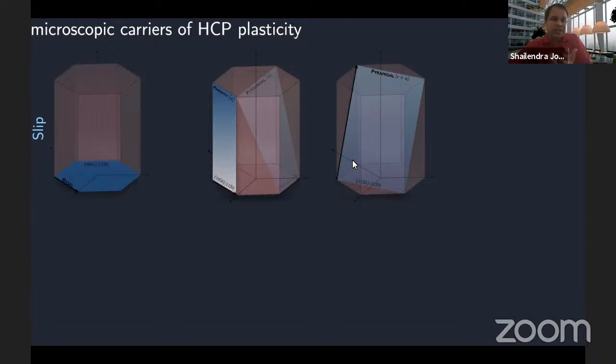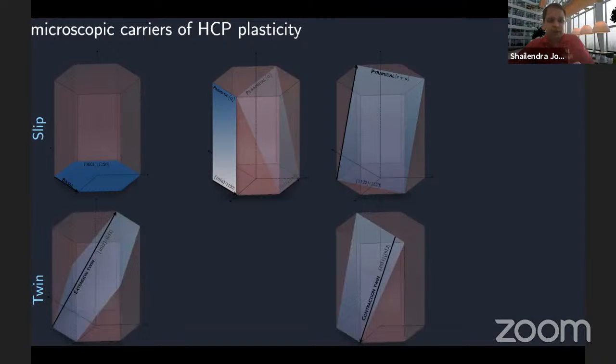If you have a loading state that precludes any type of deformation by these modes, it gives rise to what is called twinning. There are two types of twinning modes. One is called the extension twinning mode, or {10-12} type twinning mode, as we call it in the material science community, where if the C-axis, the vertical axis of the crystal, is undergoing net extension, then that twinning mode gets activated. Or you have a contraction twinning mode, called the {10-11} twinning mode, where if the C-axis undergoes net contraction, then you get that contraction twinning mode. And there are a total of 12 twin systems that are available.